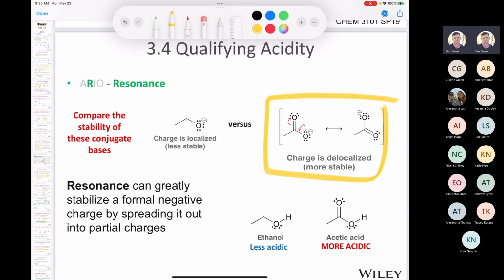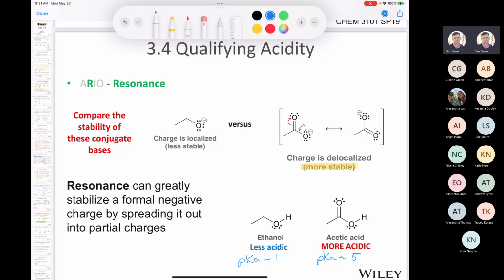What do we know happens when electrons are delocalized? We know that if electrons are delocalized, it enhances their stability. And since this conjugate base is more stable based on resonance, that means it comes from a stronger acid. And we saw that acetic acid had a pKa of around 4.75, we'll just put 5, whereas the pKa of ethanol was about 16. And you can clearly see that there's a difference of 11 orders of magnitude in terms of the relative acidity